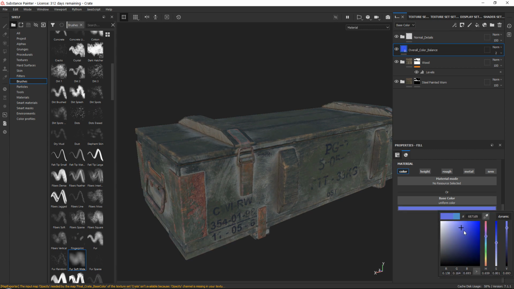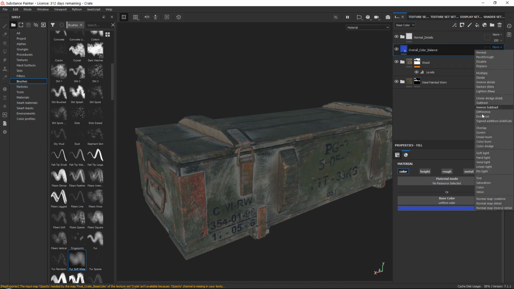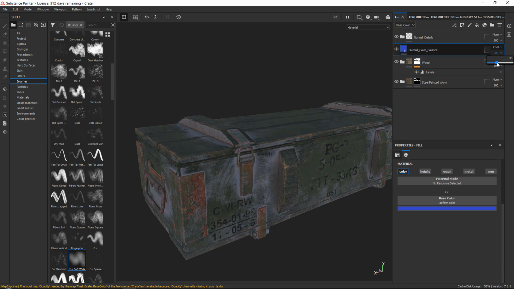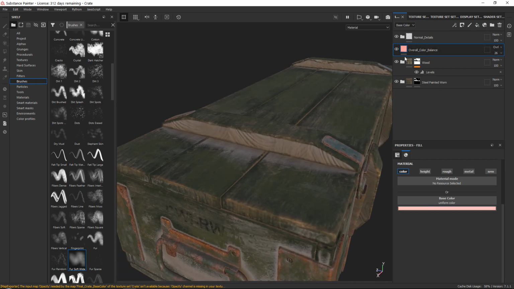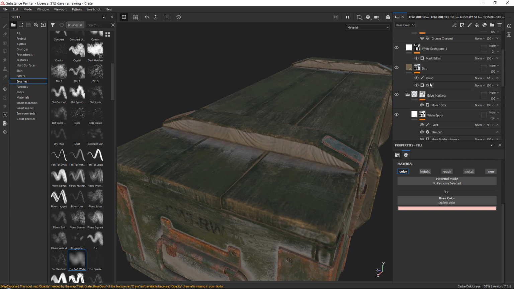And this will just do some very quick general color balancing. The reason I wouldn't go in is because else I would need to change all of my colors that I've set, which by now are like 10 different layers, just to make everything a little bit less green, and then I need to keep playing around with that. While over here, if I set this to overlay, and I went for a little bit of a red color, and I just set the opacity very low,